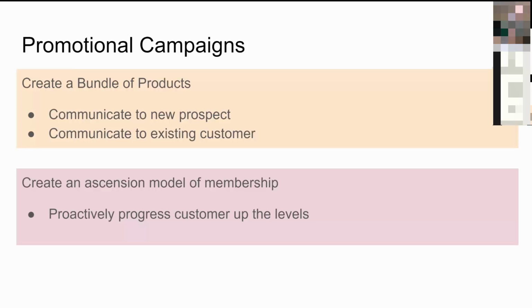Do you have an ascension path for your bronze buyers to move to silver buyers? What's the process? Why are they bronze buyers? Often when people come into a membership or buy the first thing, they might buy a lower cost thing because they're just testing you out a little bit. They haven't bought from you before. They're happy to go at that level, and they just want to see what's happened. Like 3 years later, they're still bronze buyers.